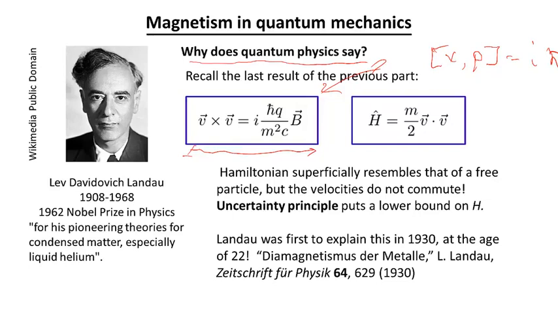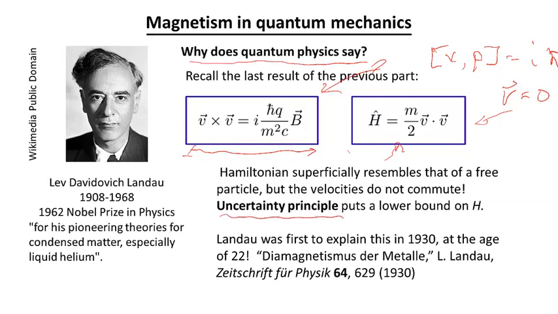And just ahead of time, let me say that in classical mechanics, you can make the Hamiltonian vanish by just taking V equal to 0. But in quantum mechanics, because the V's are now non-commuting operators, you can't simultaneously fix the values of all of them. So this commutation relation plus this form of the Hamiltonian sort of guarantees the lower bound on the energy due to the uncertainty principle, as we'll see in a moment.